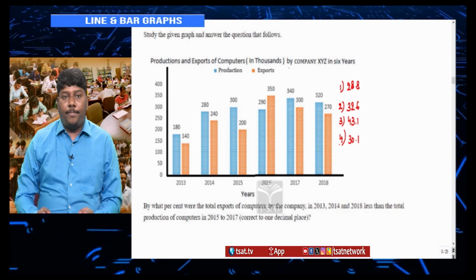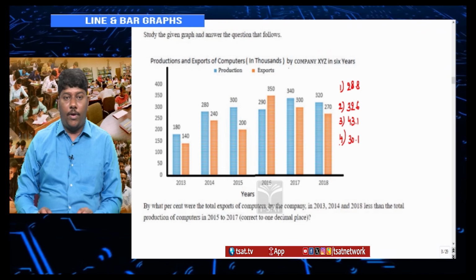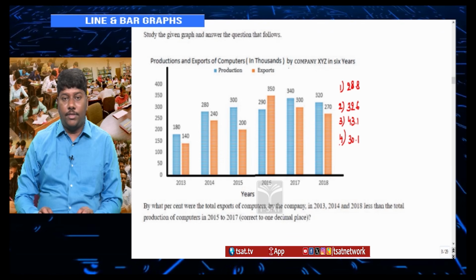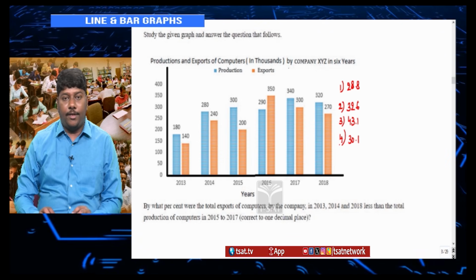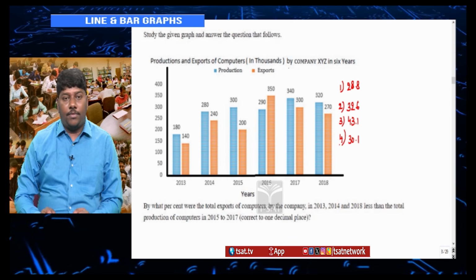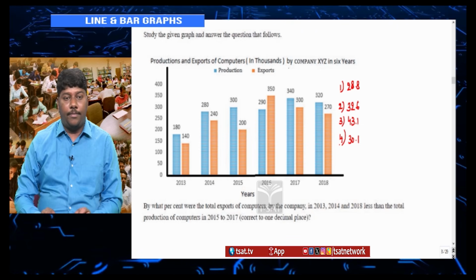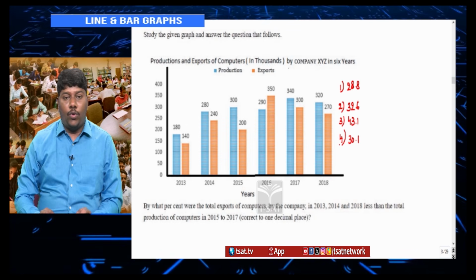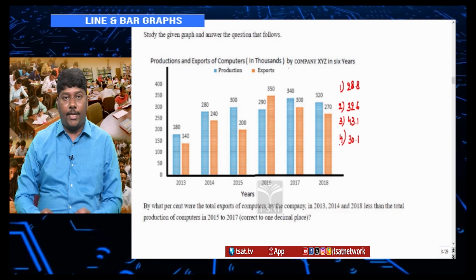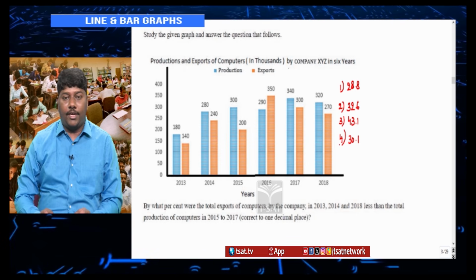Study the given graph and answer the question that follow. Production and exports of computers in thousands by company XYZ in 6 years. Now, production is given in blue color, exports were given in orange color. By what percent were the total exports of computers by company in 2013, 2014 and 2018